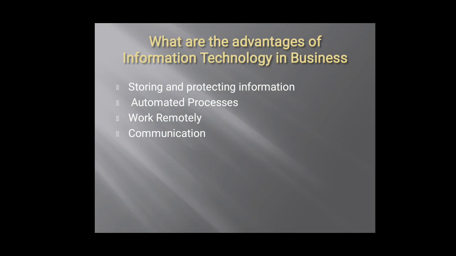Next is communication. Communication is essential to the business world, and information technology gives you the company resources. The company provides you with information technology resources to communicate quickly and effectively. Quickly means if I require a mobile phone, I should have a mobile phone. If I want to send an email, I should have Gmail. So such things should be there in communication for easy access or easy completion of work.